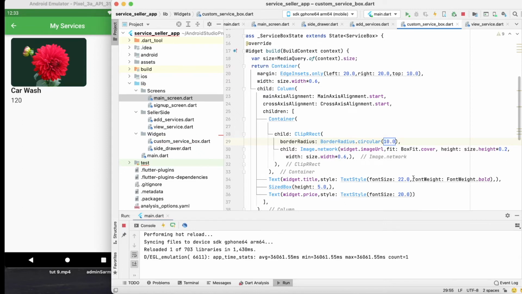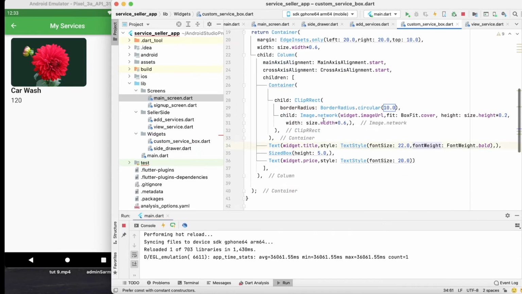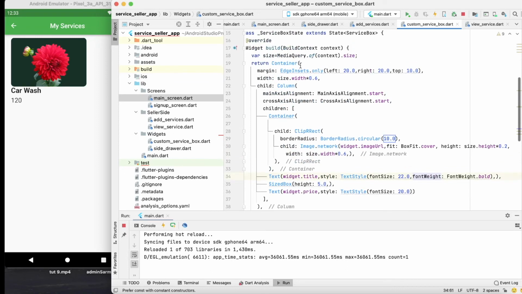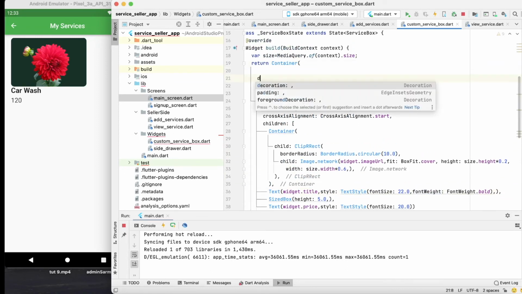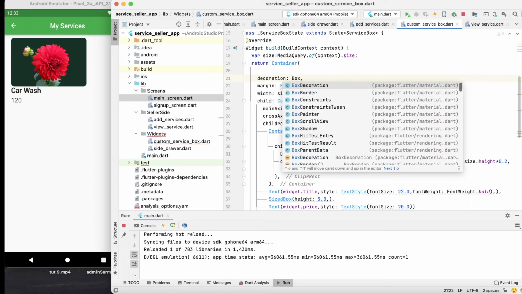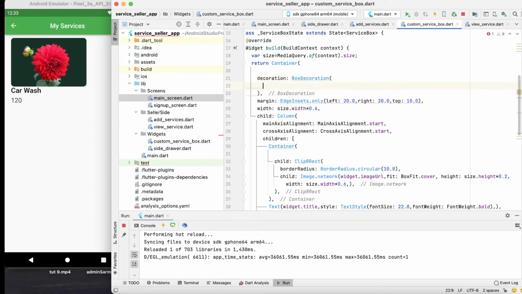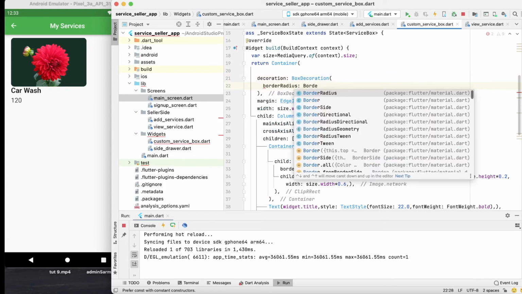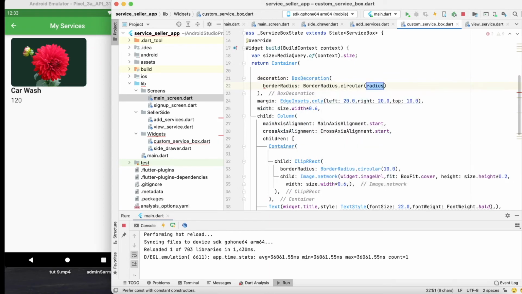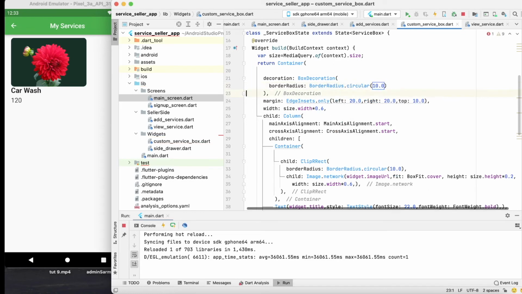Okay, it's good. So now I'm going to modify this top container decoration, BoxDecoration, and border radius, circular 10.0,